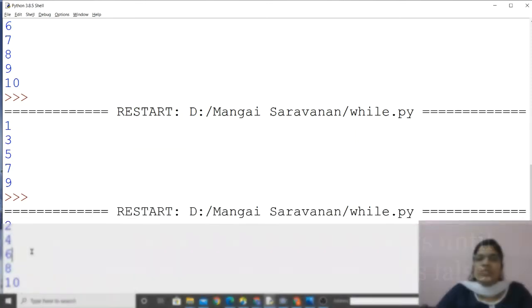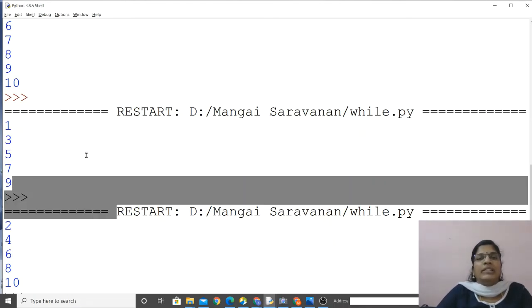Understood? So this is the way we write programs in Python. And these three we have written with the help of the while loop. Got it? Python is a comparatively easy programming language. You can learn easily and quickly. You can write, no big sentences are there. So it's very simple to learn. Fine. So this is the way the while loop works.